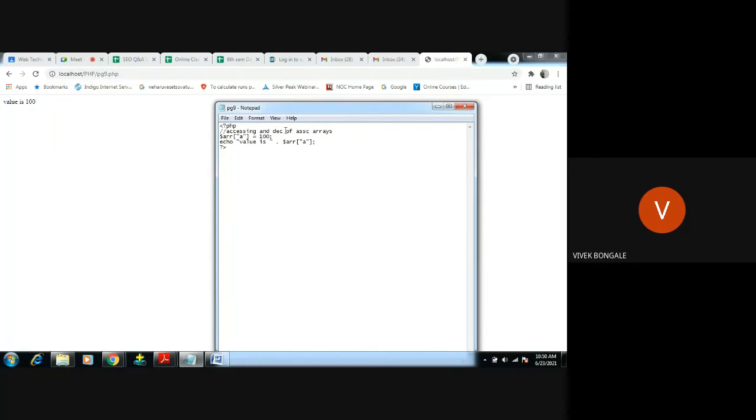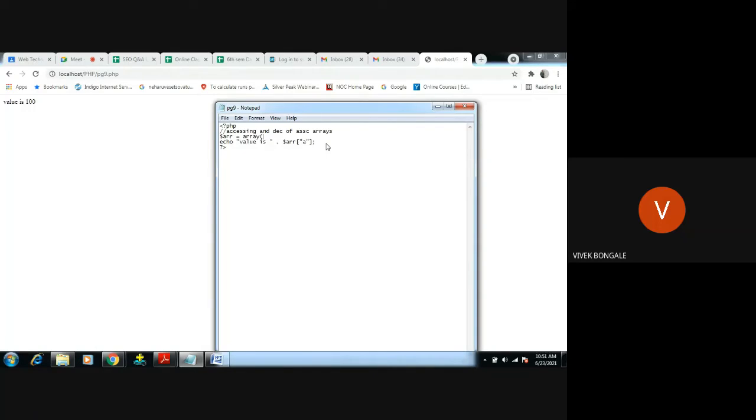Assigning only one value. But what are arrays? That is the concept of arrays: for one variable, we are giving more than one value, more than one element. That is what an array is. But here we are creating only one value and storing that one value in the array. So we'll try to create more than one value. This is how we want to create, if you want to give only one value to that array. $arr, this is the variable I am creating, equals the array keyword.